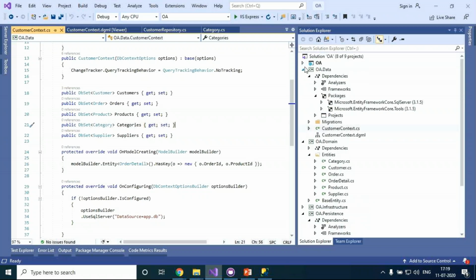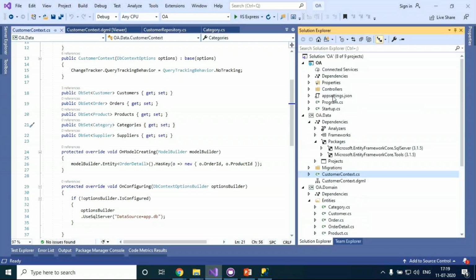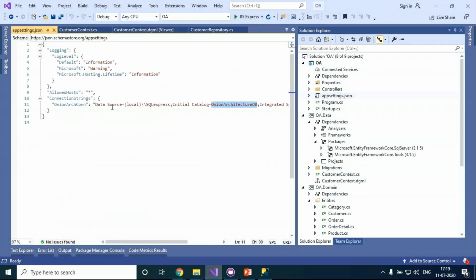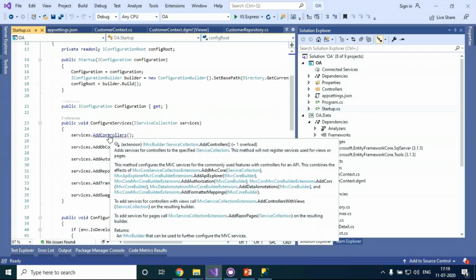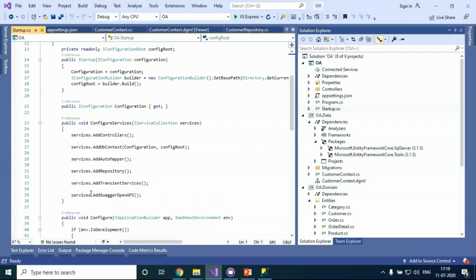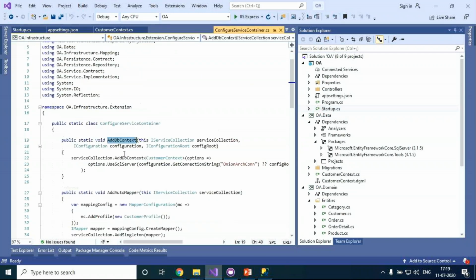The reason is that in my presentation layer I'm putting all my connection string here. The provider, I'm using the SQL provider here. And in my startup class, in the DbContext of my infrastructure layer, I'm using SQL Server here.